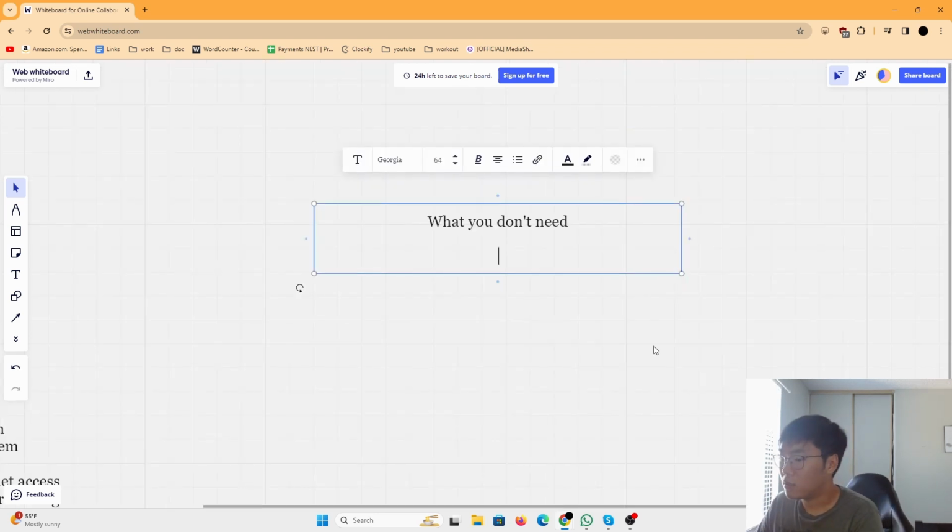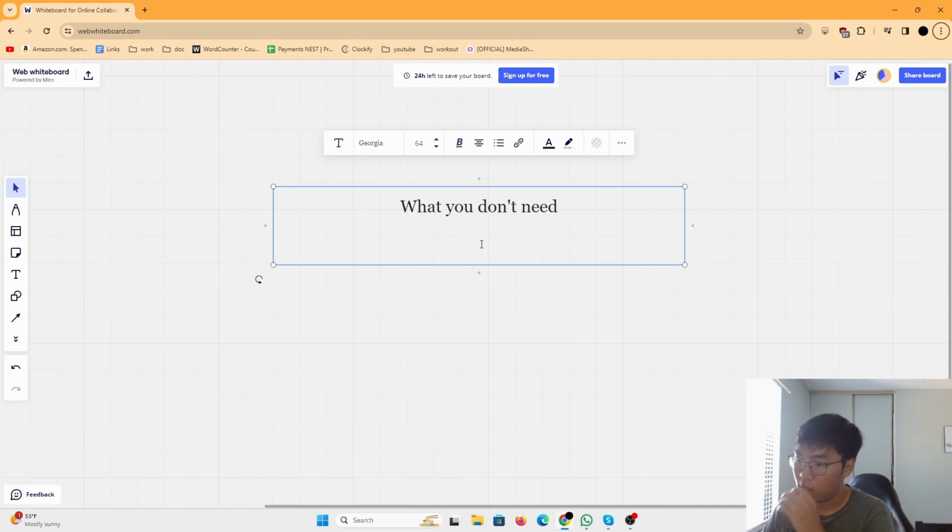Okay, now I'm gonna go into all the things that you don't need, which I think is pretty important, because I think a lot of people just waste time on some of this stuff when they could just be getting started with their outreach. I think it's just a big waste of time. You could be using that time and effort and energy to do other things, and instead you're spending it on something you don't even need. So I'm gonna go straight into it.